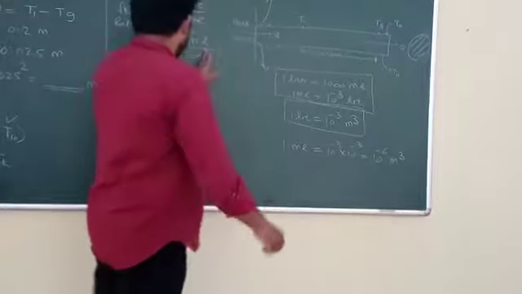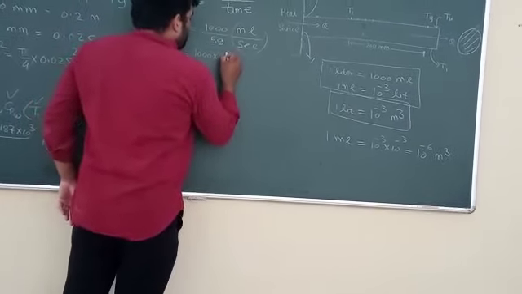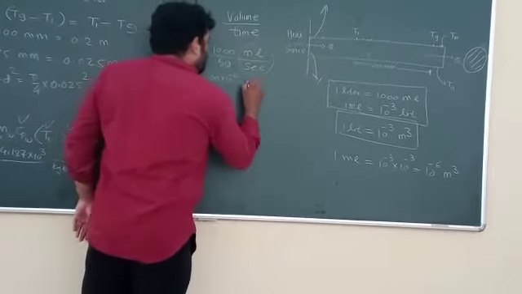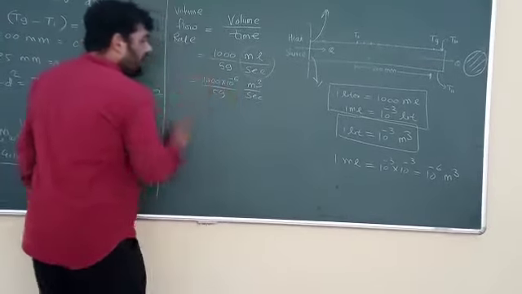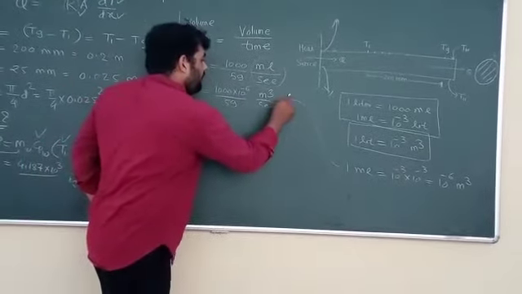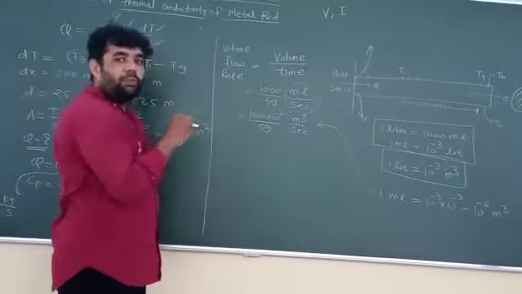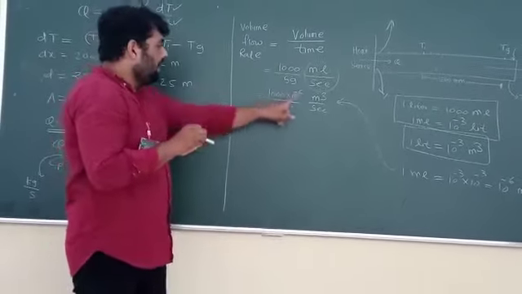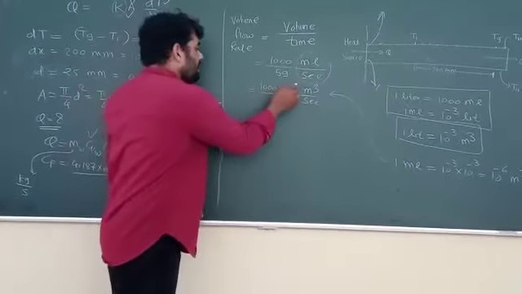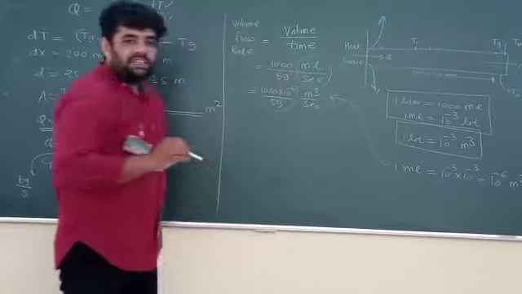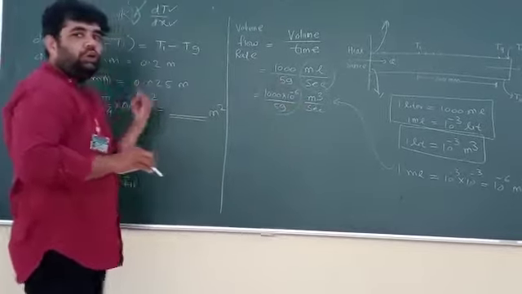Now we will put this meter cube here. So it will become 1000 into 10 raised to minus 6 meter cube per second, with 59 in the denominator. So still we are in volume flow rate only. Volume flow rate, now we have converted into SI unit, that is meter cube per second. Now, how to convert this volume flow rate, meter cube per second, into kg per second?